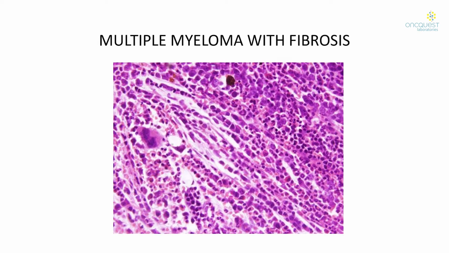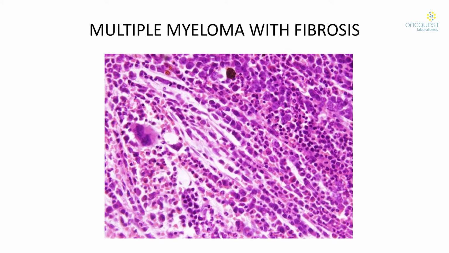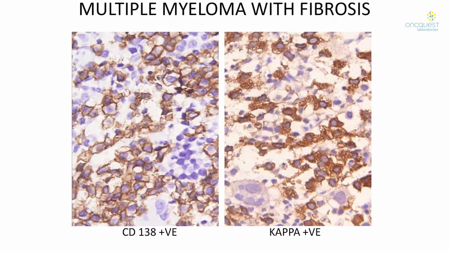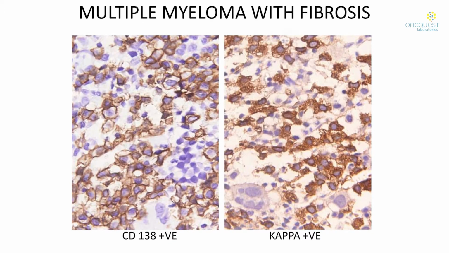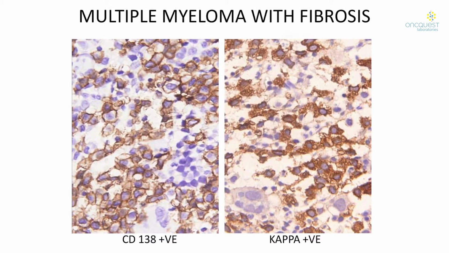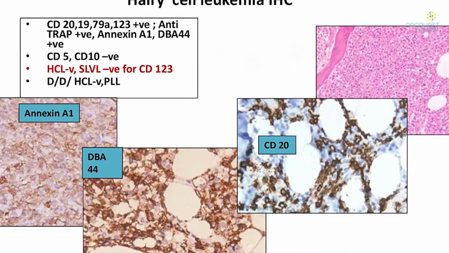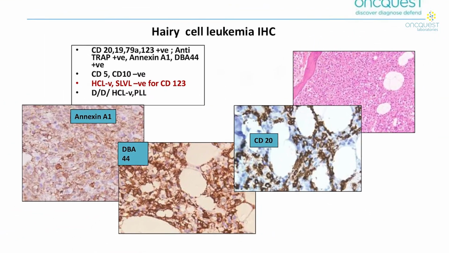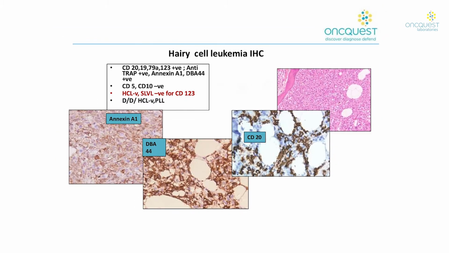Now, immunohistochemistry everybody is very well aware of, where we use monoclonal antibodies, and here also in bone marrow trephine biopsy we are using various markers for diagnosis of acute leukemias, especially the ones associated with marrow fibrosis and hypoplasia of the bone marrow, and various lymphoproliferative disorders. There are certain markers which are available only on immunohistochemistry, like cyclin D1 for diagnosis of mantle cell lymphoma, annexin A1 for diagnosis of hairy cell leukemia, and of course for diagnosis of metastatic disorders.